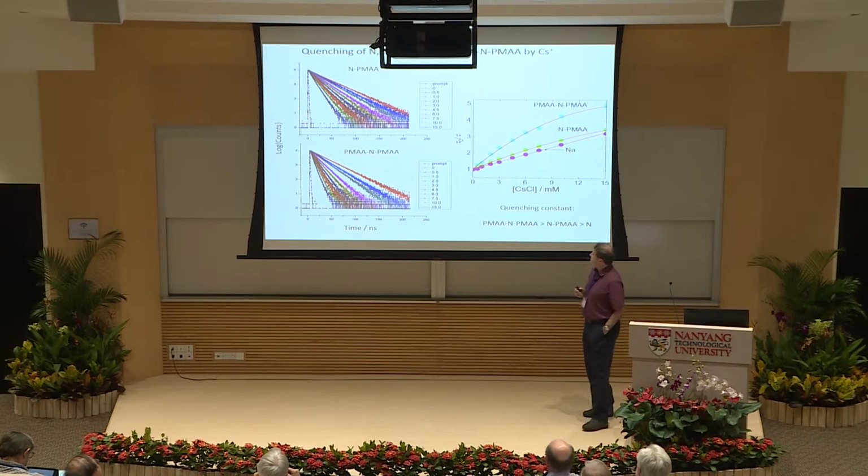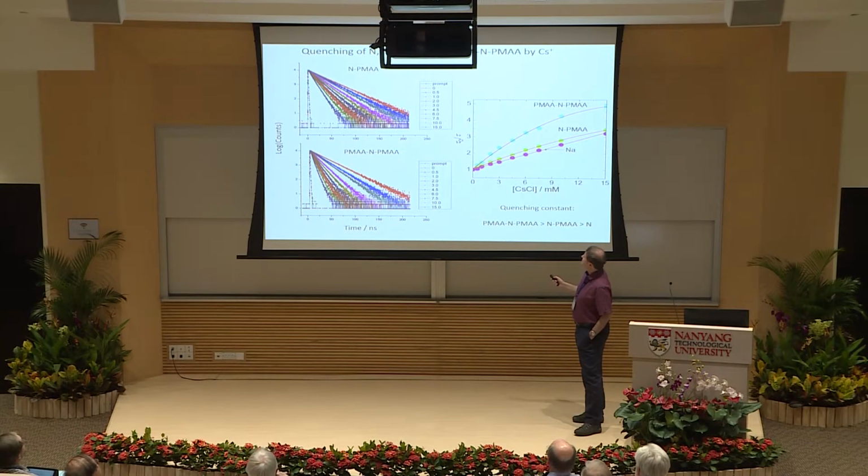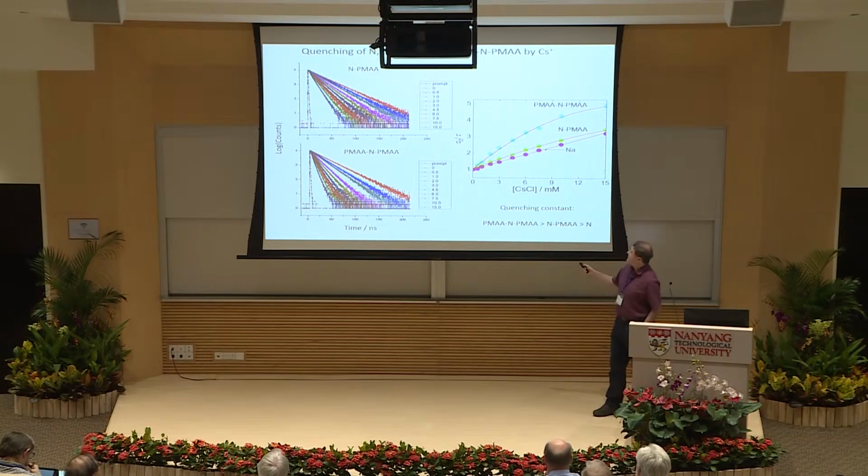So these are the experimental results for quenching. This is the naphthalene-labeled polymethacrylic acid, and if we add various amounts of cesium chloride, it leads to quenching, which is manifested by the decrease of the fluorescence lifetime. And if we plot this fluorescence lifetime in this dynamic Stern-Volmer plot, we can see that for the free probe, the quenching is much less efficient than for the labeled